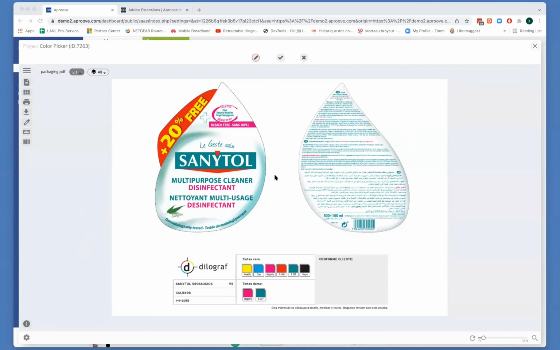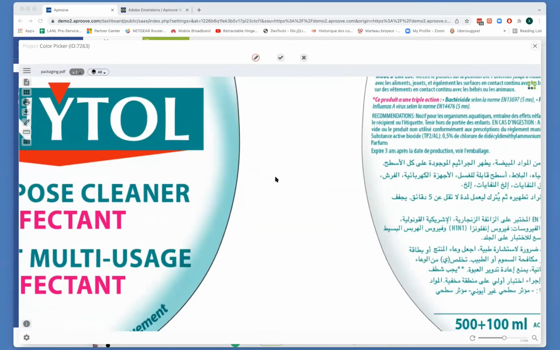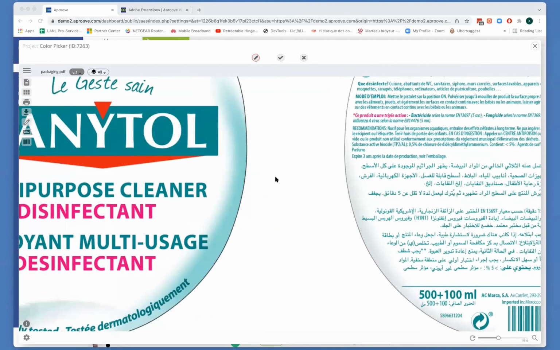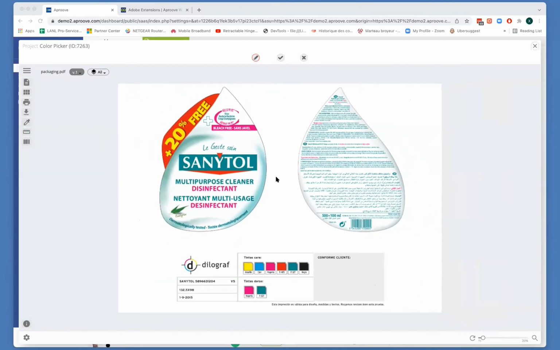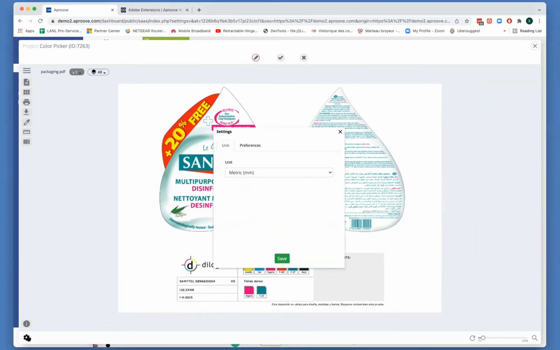By default, for zooming in and zooming out, you use the mouse wheel, and it can be too fast for some users. We've seen that especially on PC, where the mouse wheel is sometimes replaced by two fingers on a trackpad, and the trackpad can be much faster than the mouse wheel. So for these users, we just added a preference where they can tweak the speed of